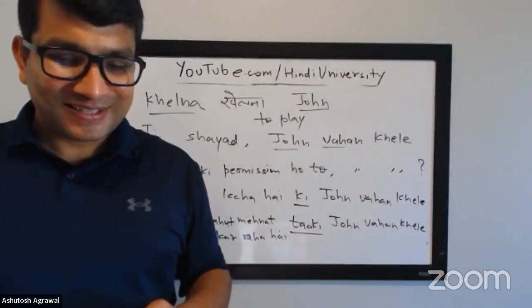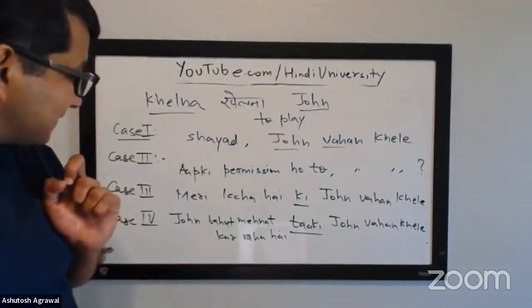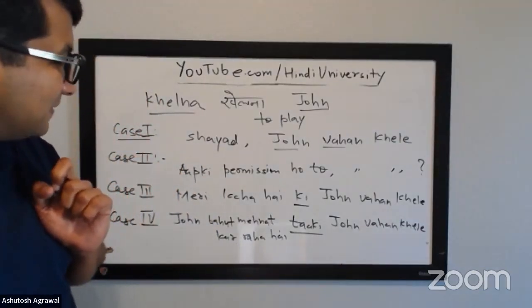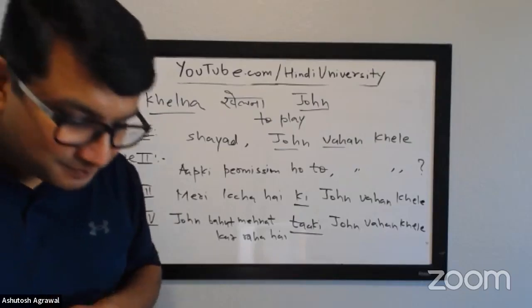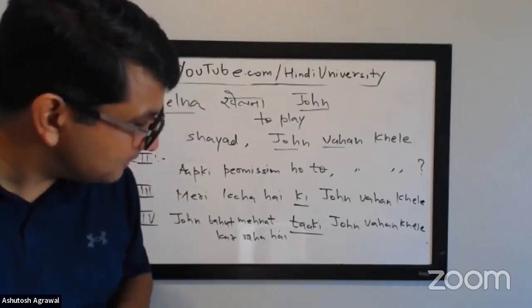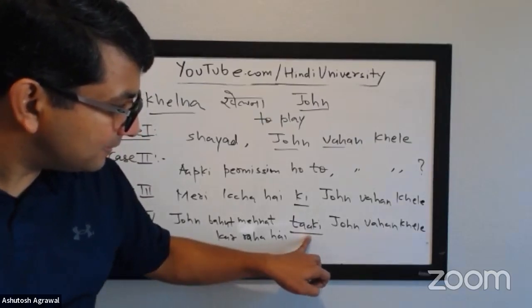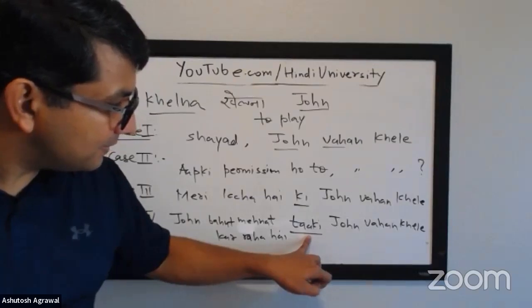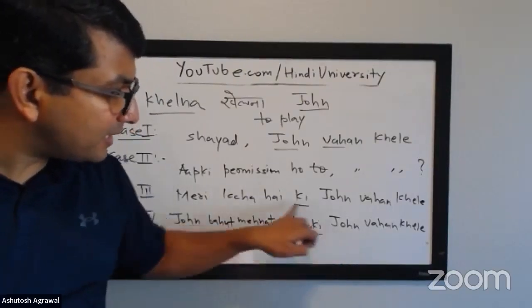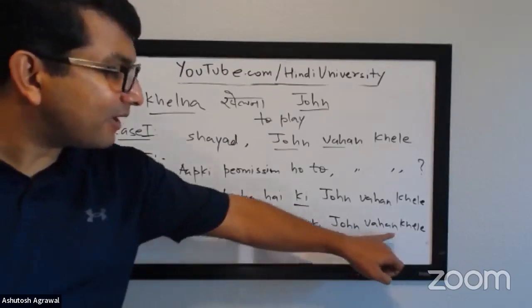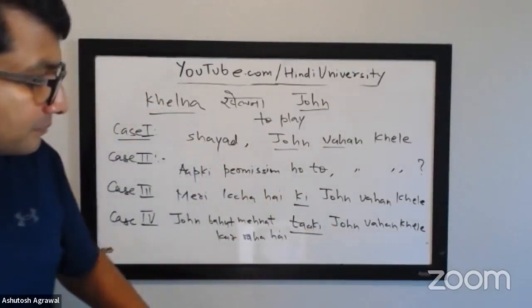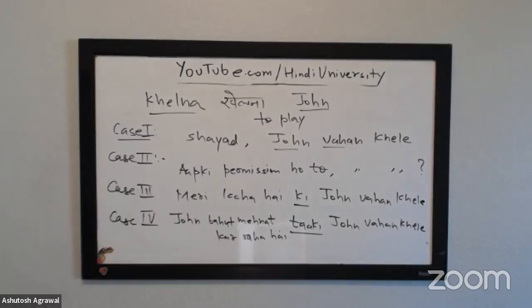Oh, Ashuji, I'm so sorry. Can I ask one question before you move on to that, on the case 4 that you just did? If you have in that taki, is it subjunctive there because it's an unknown? If his hard work is going to result in him playing, is that why the subjunctive is there? Like if you had another example, kya aapke paas ek ball hai taki John wahan khele. You see what I'm saying?